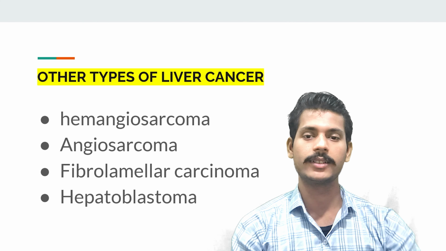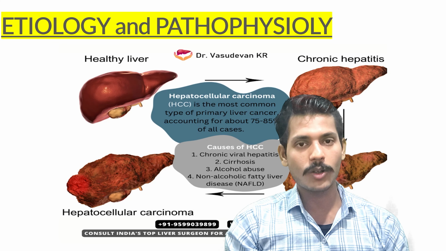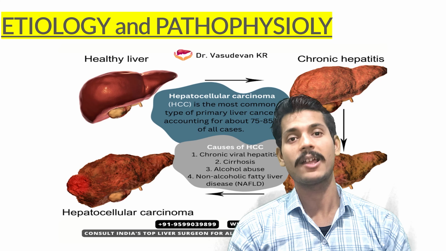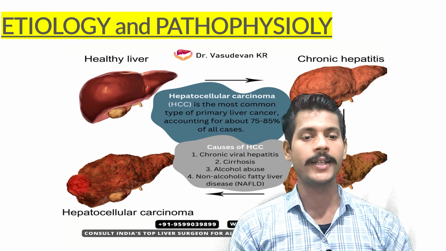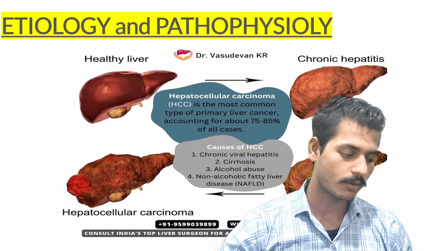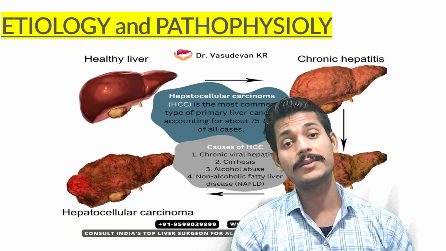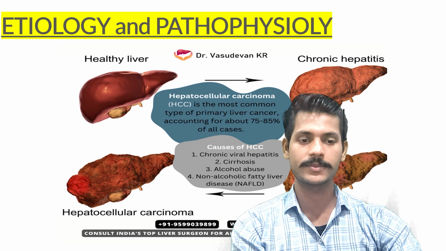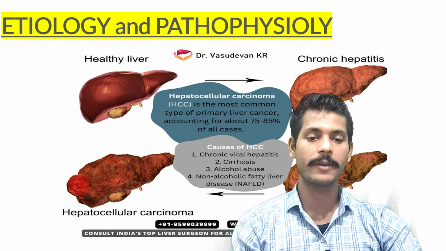Fine. Let's see another slide about the etiology and the pathophysiology. Generally, the etiology goes with certain infections, like viral hepatitis, which is one of the most causative agents of the cancer. And then liver cirrhosis. There are types, but the main cause described till now is alcohol consumption. So the first is chronic viral hepatitis, another one is cirrhosis from alcohol abuse, and